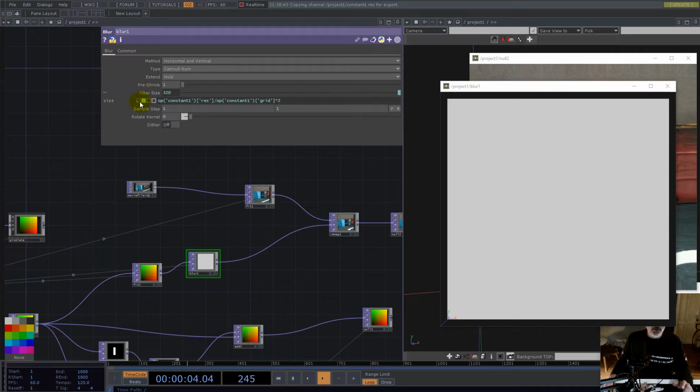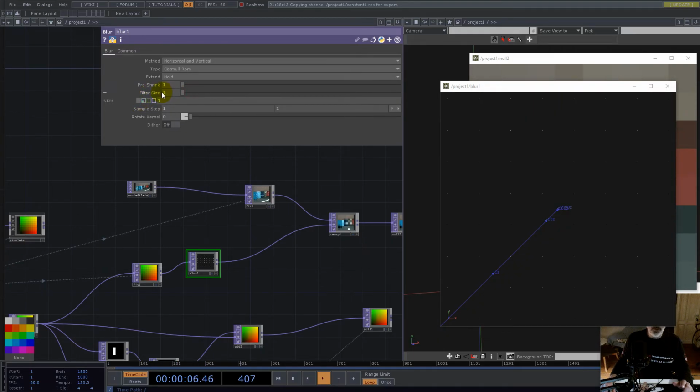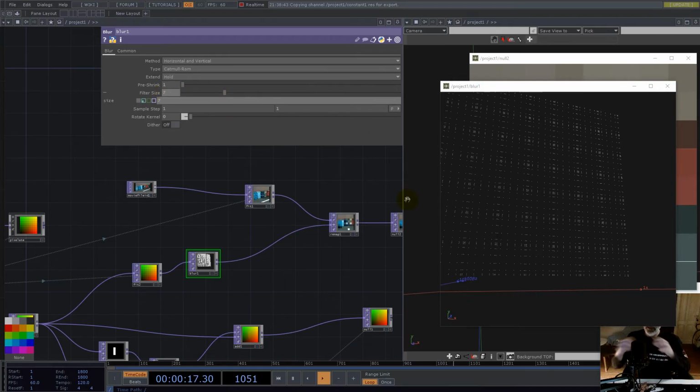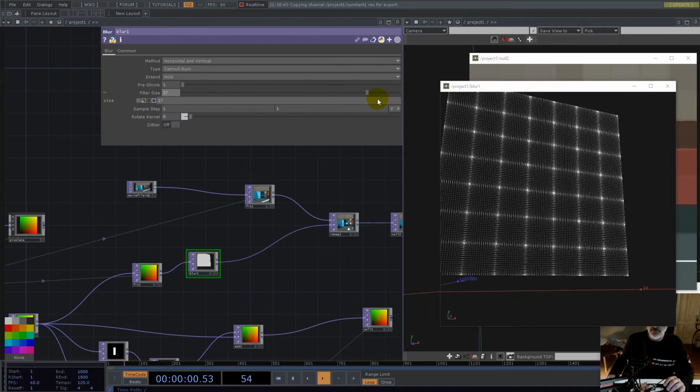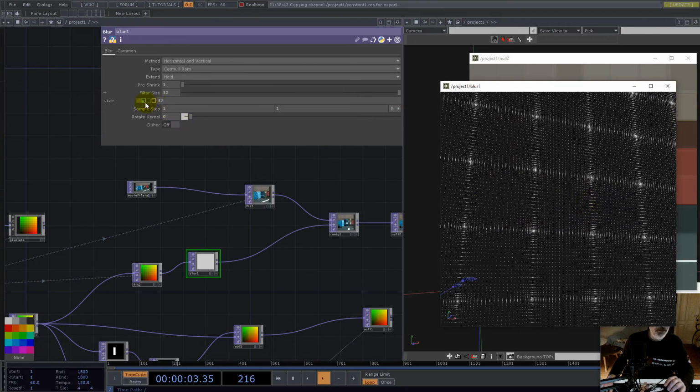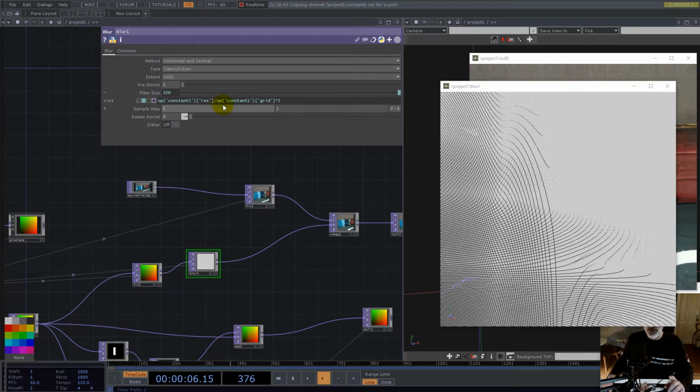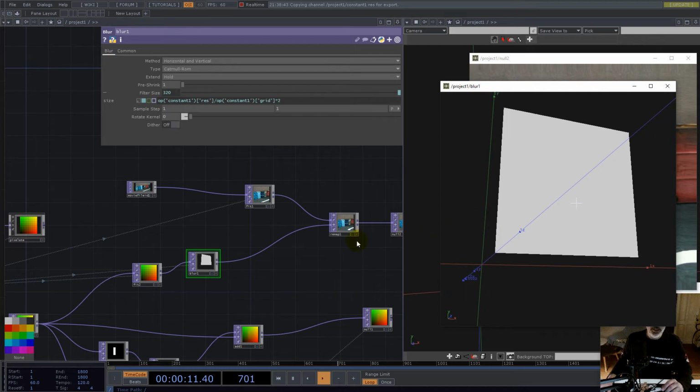If we go with the blur to 0, we have the 8x8 points, and while we go bigger with the blur, you see, it's like they give birth to a lot of points in between, because they do the average with the neighbor. And if you use this value, which is resolution divided by the grid multiplied by 2, we get almost